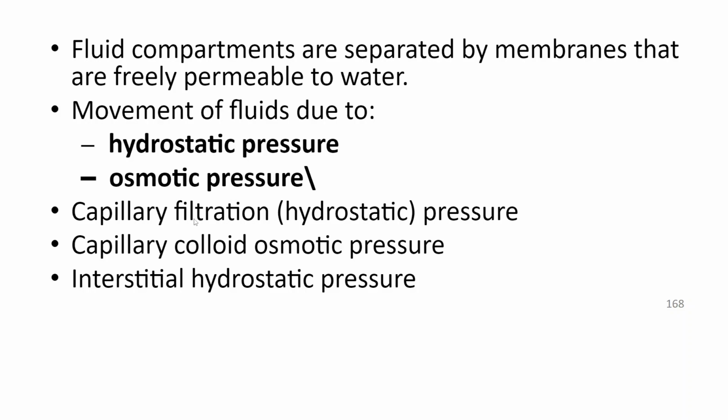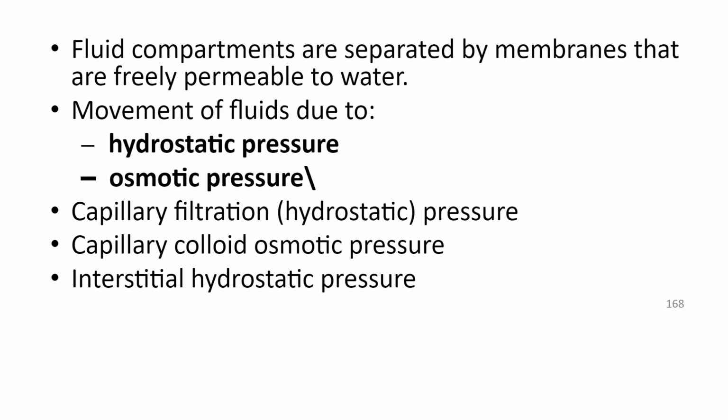And the primary source for the water would be the circulatory system, and in the circulatory system the fluid is maintained by a balance between the hydrostatic and osmotic pressure. Then, of course, at the capillary end, due to capillary filtration, it's hydrostatic pressure only. The fluid leaks into the cell space, and at the venous end, it will be sucked in by the osmotic pressure. Interstitial hydrostatic pressure, that's the pressure which is in between the cells or in the tissue, also would be facilitating the fluid movement.